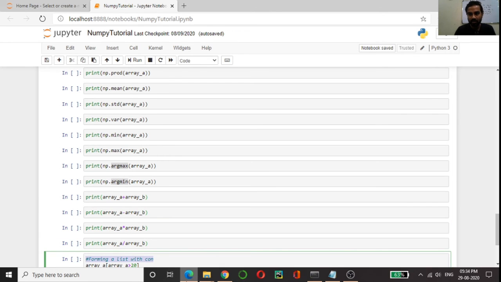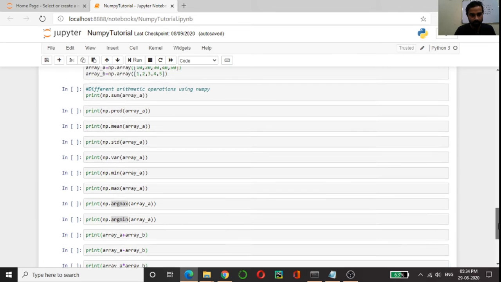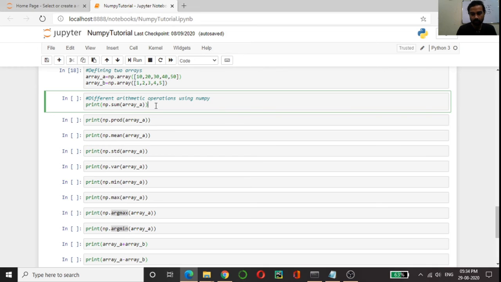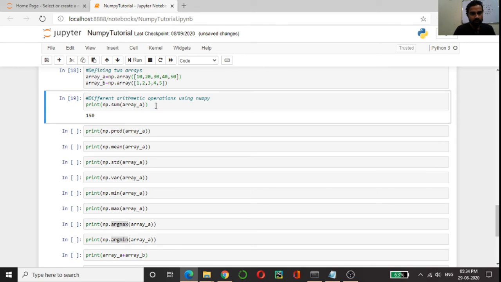I'll run all of them one by one. As you can see, the syntax is the same, guys: np dot and the method name, and inside that method we have to pass the array. np.sum of array A gave me the sum of this array.